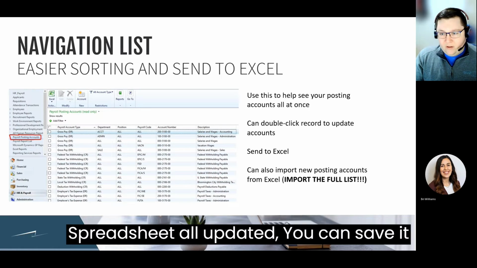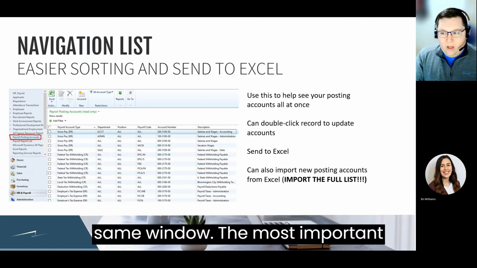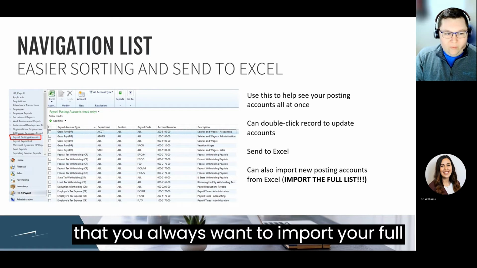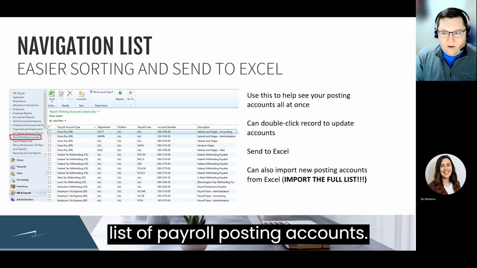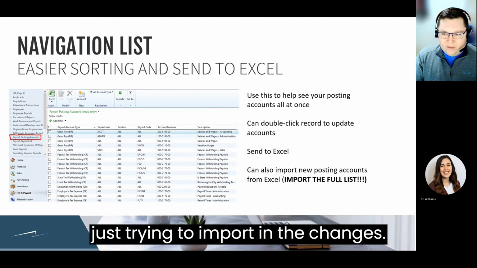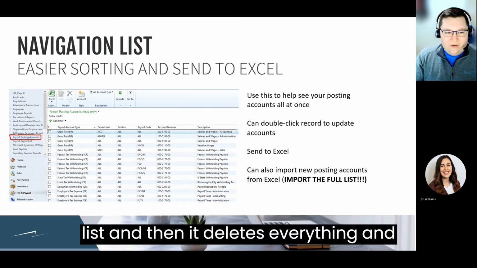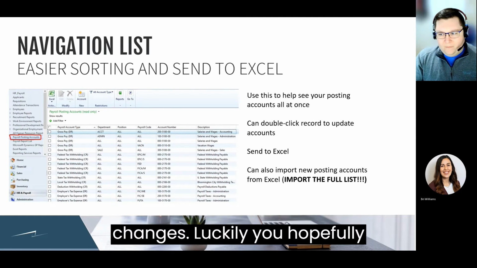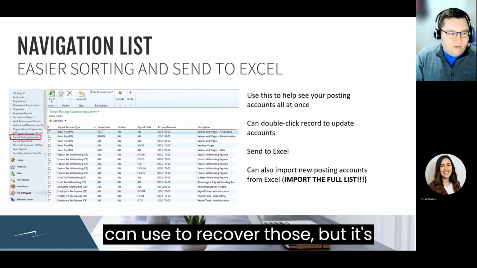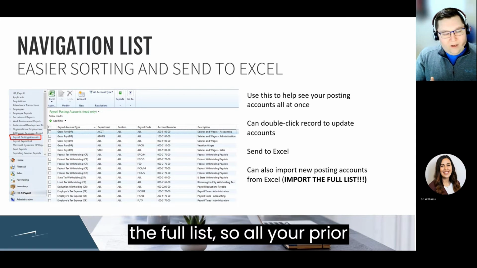Then once you have that spreadsheet all updated, you can save it and then import it back in using the same window. The most important thing to remember with this process is that you always want to import your full list of payroll posting accounts. I've seen people fall into the trap of just trying to import in the changes. Well, GP assumes that that's your full list, and then it deletes everything, and all you have in the system are now the changes. Luckily, you hopefully have some saved Excel records that you can use to recover those. But it's really important to make sure you import the full list, so all your prior accounts plus the new